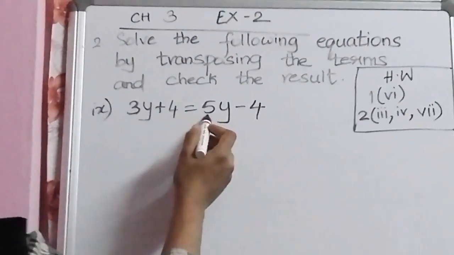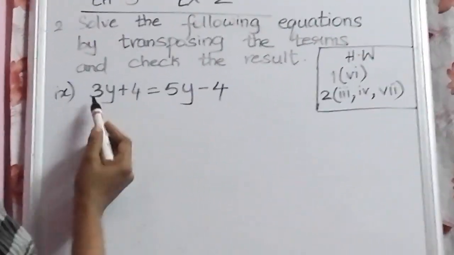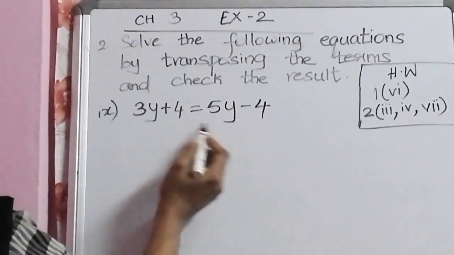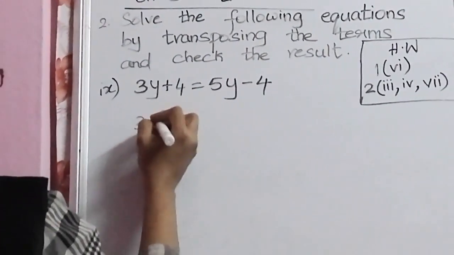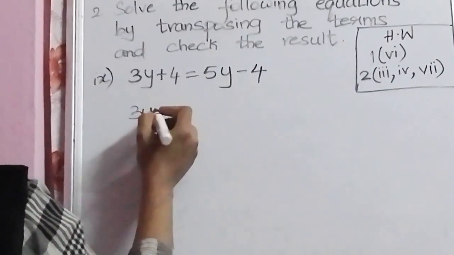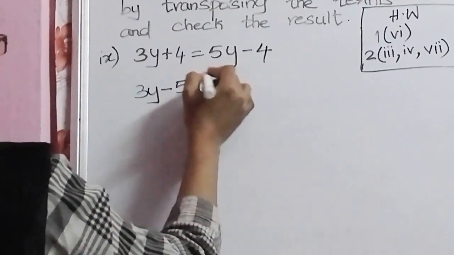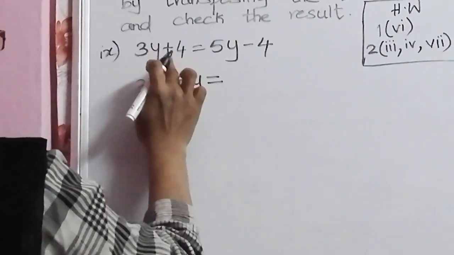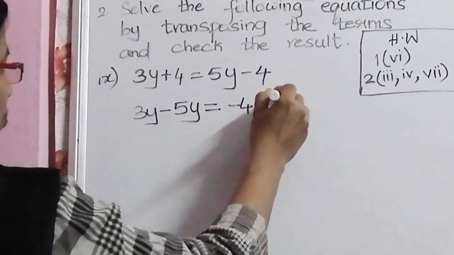So 3y plus 4 is equal to 5y plus minus 4. Now the variables you bring it to one side and the constants to the other side. Now 3y I am going to write as it is. This plus 5y, if it comes to the other side, plus becomes minus and this is 5y. This is equal to this plus 4. When it goes to the other side, it becomes minus 4. So it is